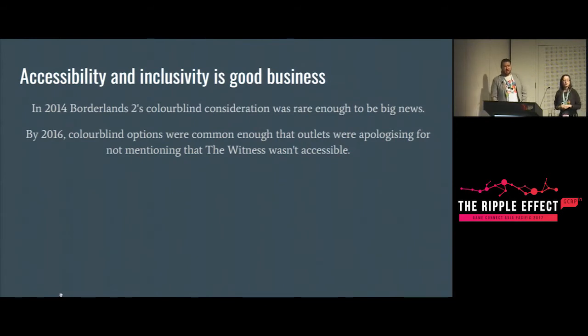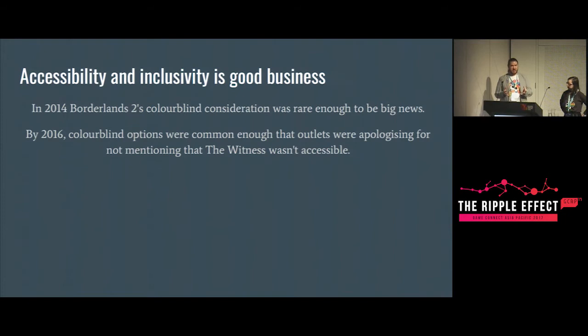Doing accessibility from the start is really good business. I need to really emphasize this. Back in 2014, Borderlands 2 came out and had colorblind accessibility modes, and that was new. It shook a lot of people up that a AAA game would have that. Within 2 years, review outlets were apologizing for not covering the fact that The Witness wasn't colorblind accessible.